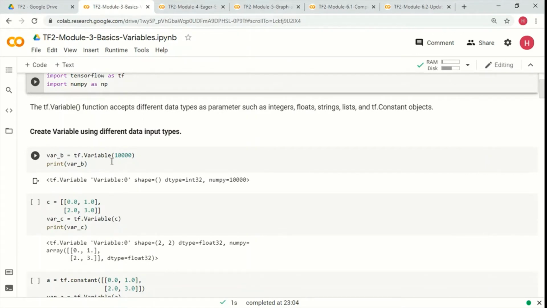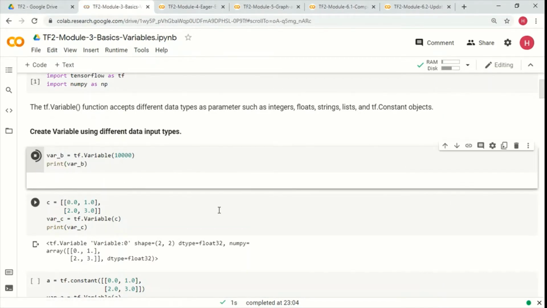Now we are creating a variable from a single value, a scalar, and we are going to print it. So let's do that. Variables and tensors are pretty much the same, except that variables can be updated and they have this additional method of assign. Otherwise, from the attribute perspective and most other perspectives like reshaping and indexing, variables and tensors are pretty much the same.